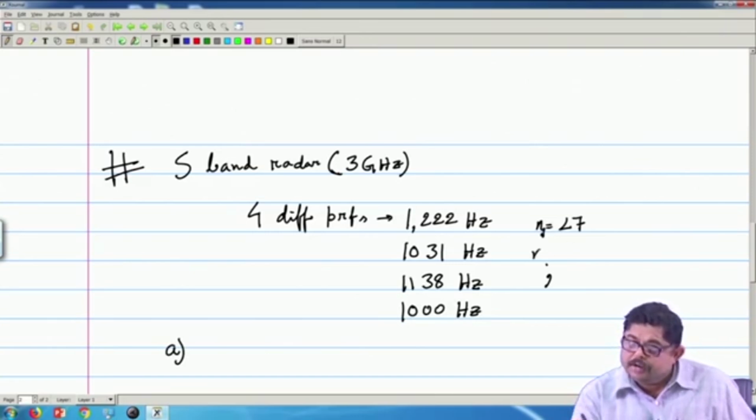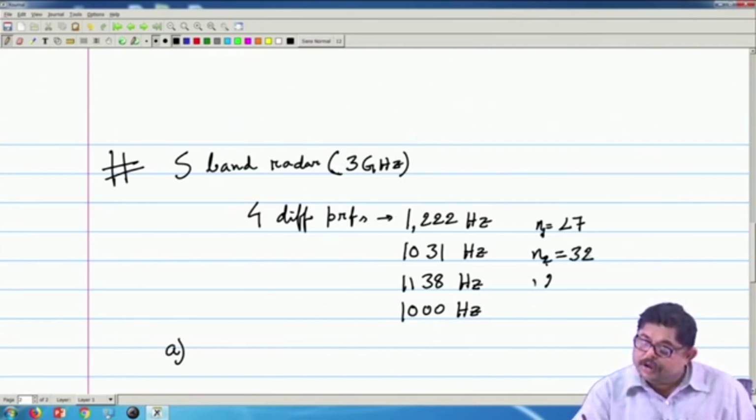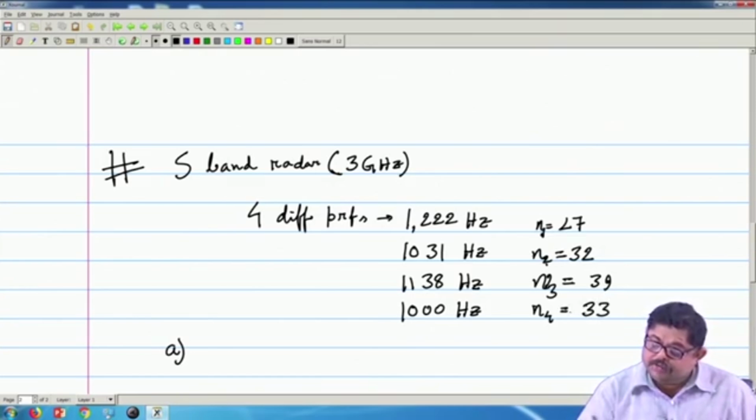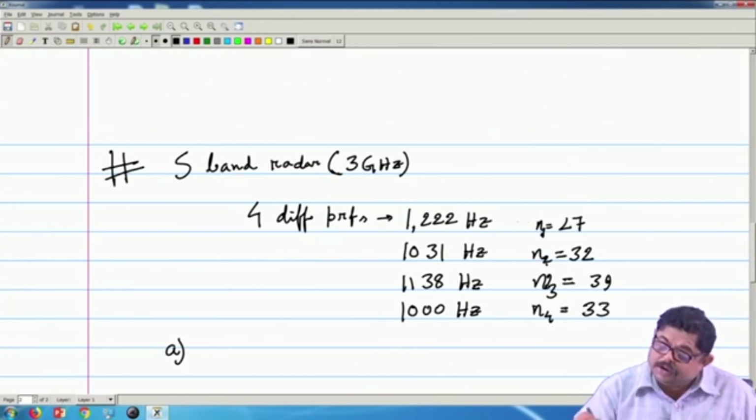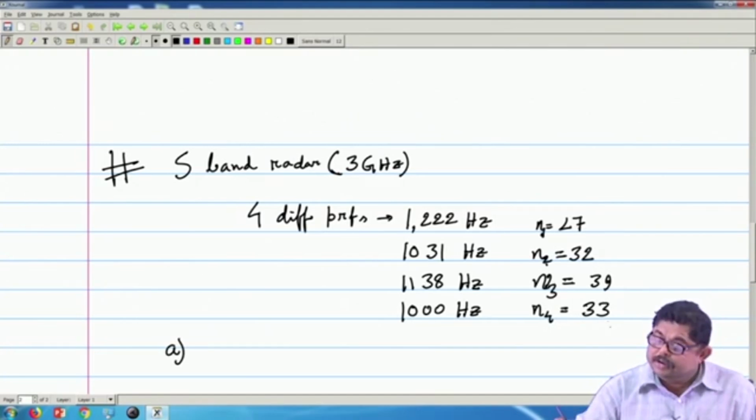27, N2 let us say 32, then N3 is 39 and N4 is 33. If you see, if you multiply 33 with this and 27 with this, you will get the same thing. So, this has been obtained, and you see that there are no